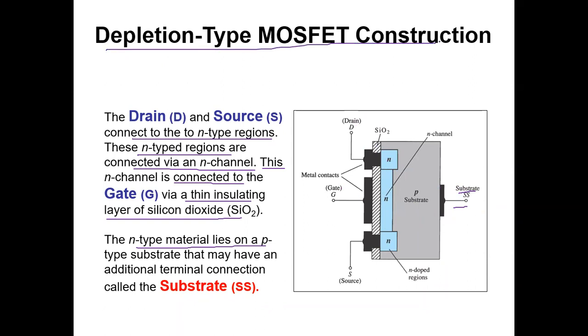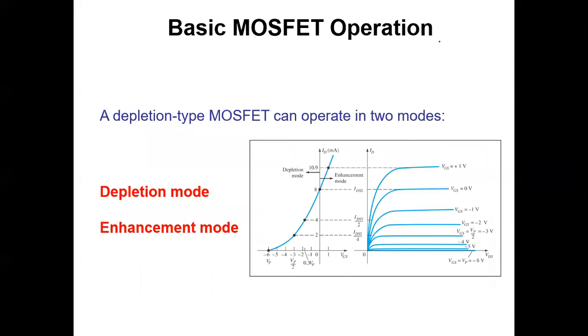Whenever we discuss any device in electronics, the first thing is its definition, its introduction. The second thing is construction, how your device actually looks like. What are the various components? What are the various labelings as far as your device is concerned? So here you can see the basic MOSFET operation. We will be discussing that. It has two modes. One is depletion mode, another is enhancement mode. So we will be discussing them one by one.